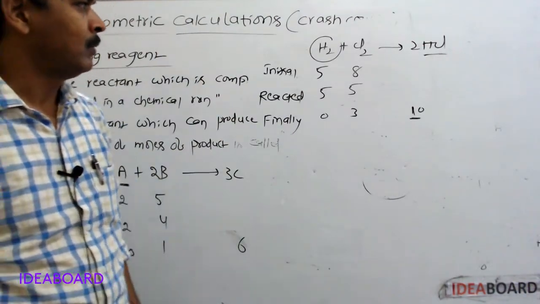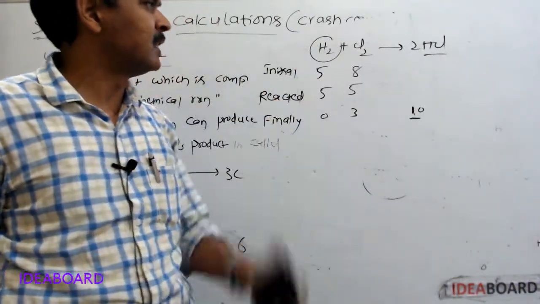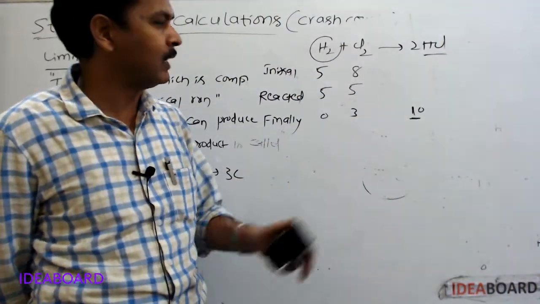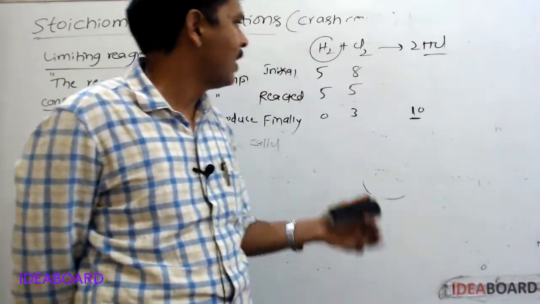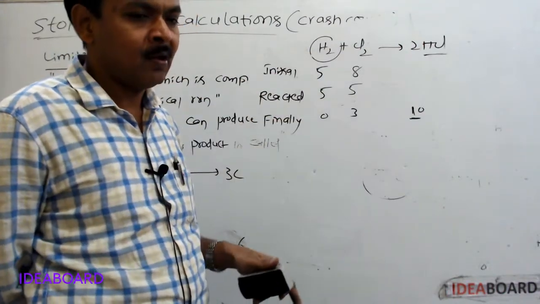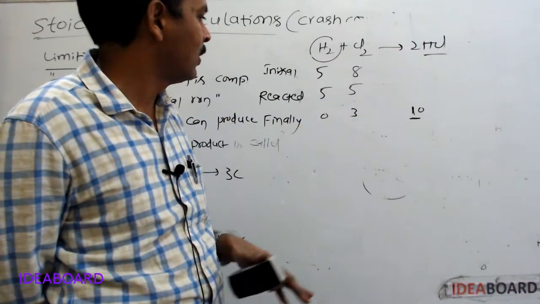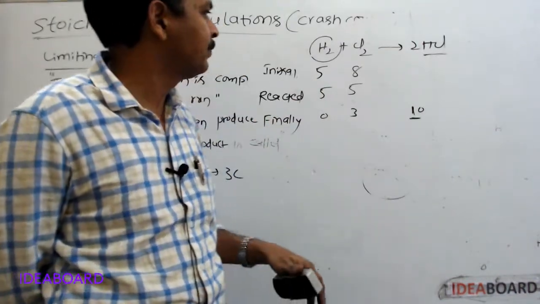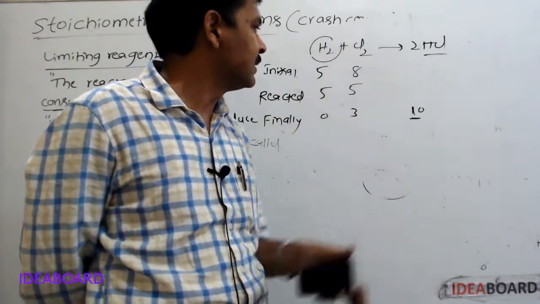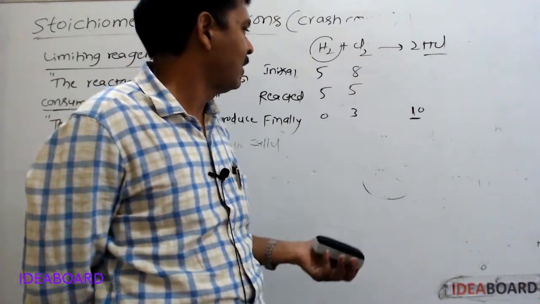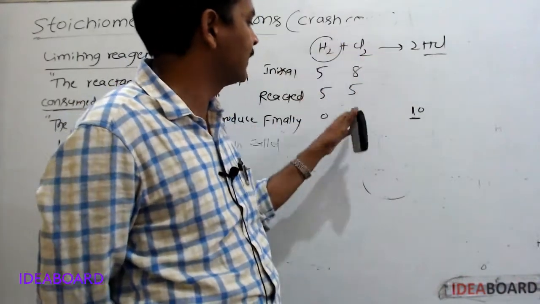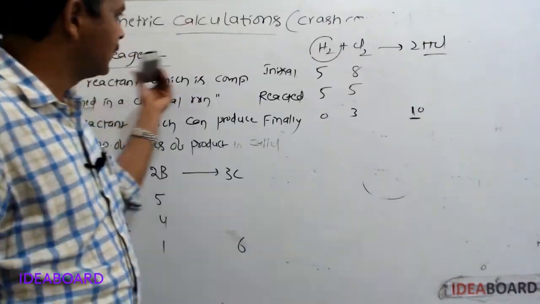In this reaction, hydrogen is the limiting reagent. How many moles of HCl are formed? 10 moles of HCl will be formed after reaction. After reaction, how many moles of hydrogen remain unreacted? 0. 5 moles is given, 5 moles is reacted. How many moles of chlorine remain unreacted? 3 moles, because a total of 8 moles is given, and from that 8 moles, 5 moles reacted. Then the remaining number of moles of chlorine unreacted is 3 moles. So this is the limiting reagent.